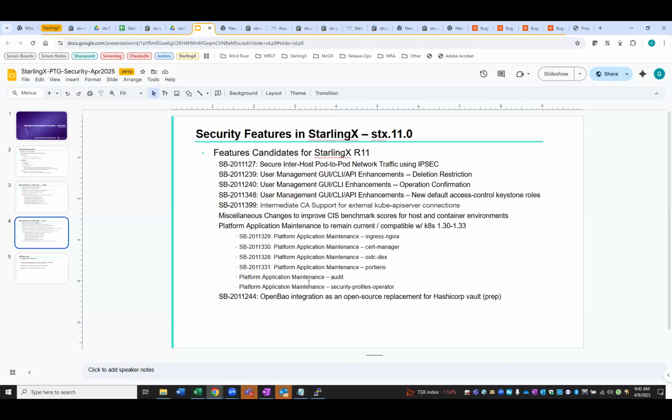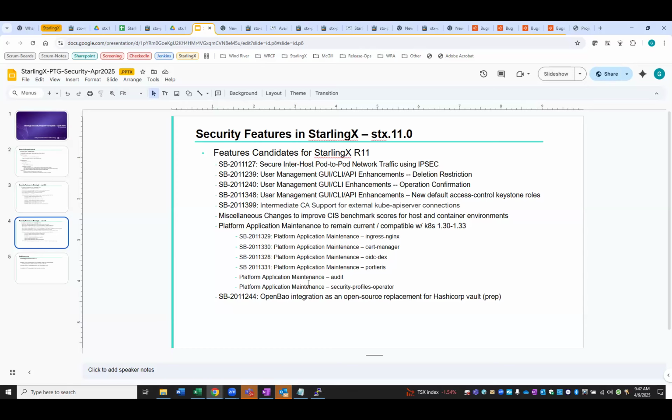So we're going to do some deletion restrictions there. And in line with that, we're also going to do some operation confirmation. So users will be able to turn on operation confirmation, in which case they'll be prompted to authorize